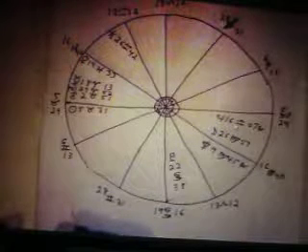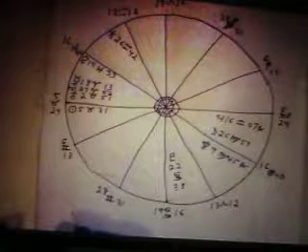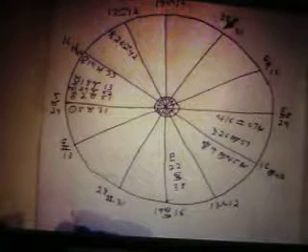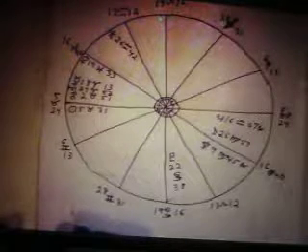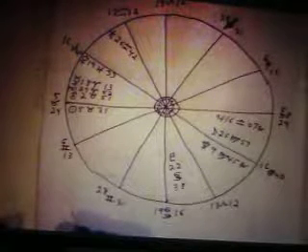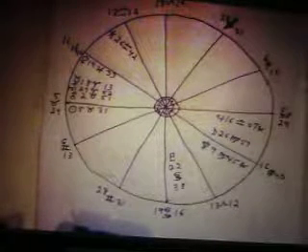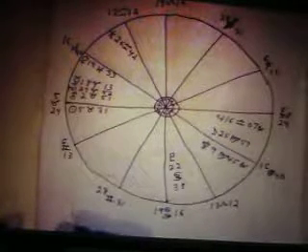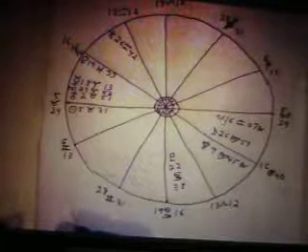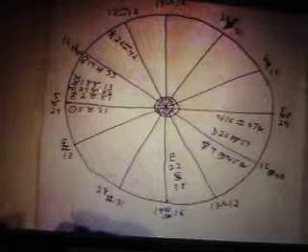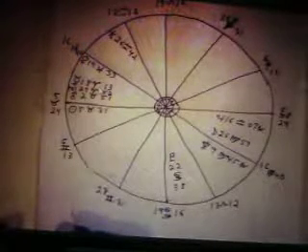So, anyway, people, I'm going to do the 2 oppositions first, and then we'll go to the 4 squares. In the first aspect we're looking at, his Jupiter in Libra is opposing his Mercury in Aries. And just by sign alone, we could see why there would be a strong conflict here.